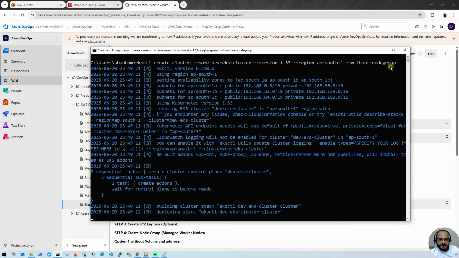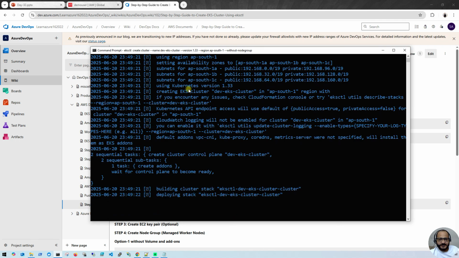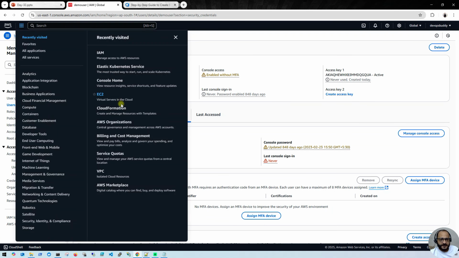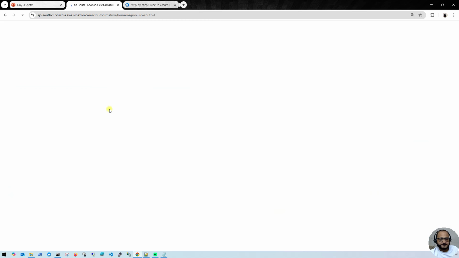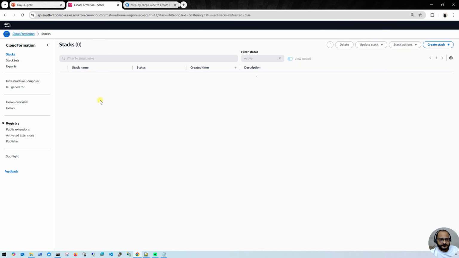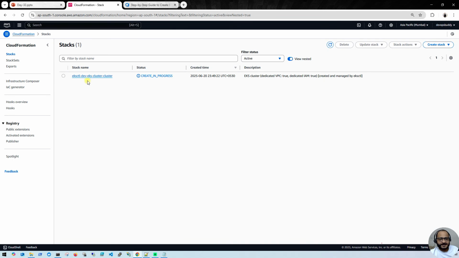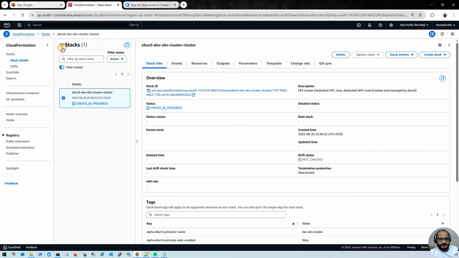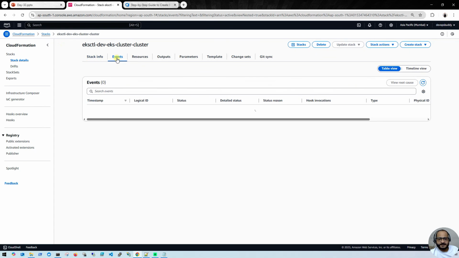As soon as you hit enter, you will see it start deploying a stack. The stack is basically CloudFormation. If I go to my AWS console here, and go to CloudFormation, you can see it has created a stack with the name eksctl-dev-eks-cluster-cluster, which we are going to create. If I open it, and let me minimize this, and go to events,